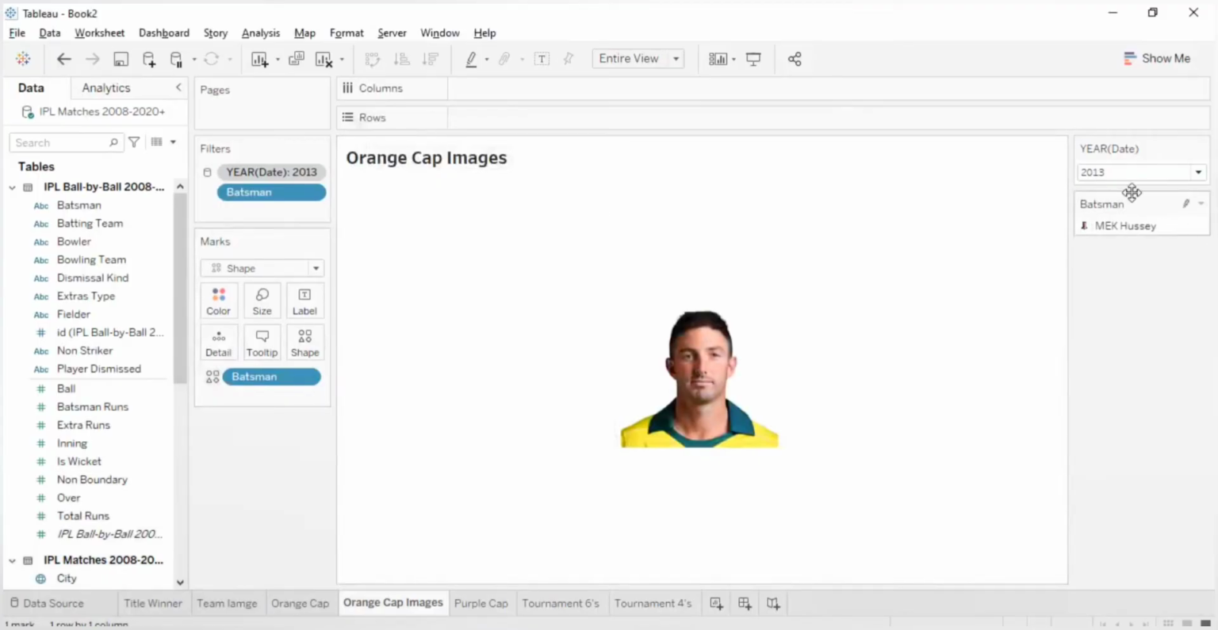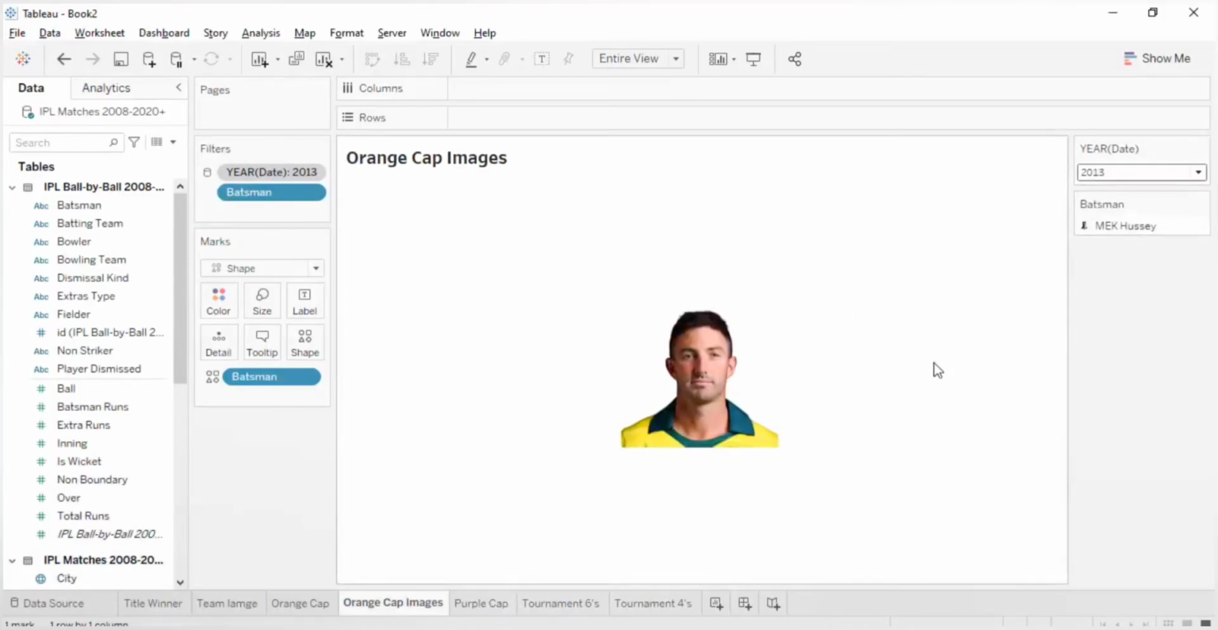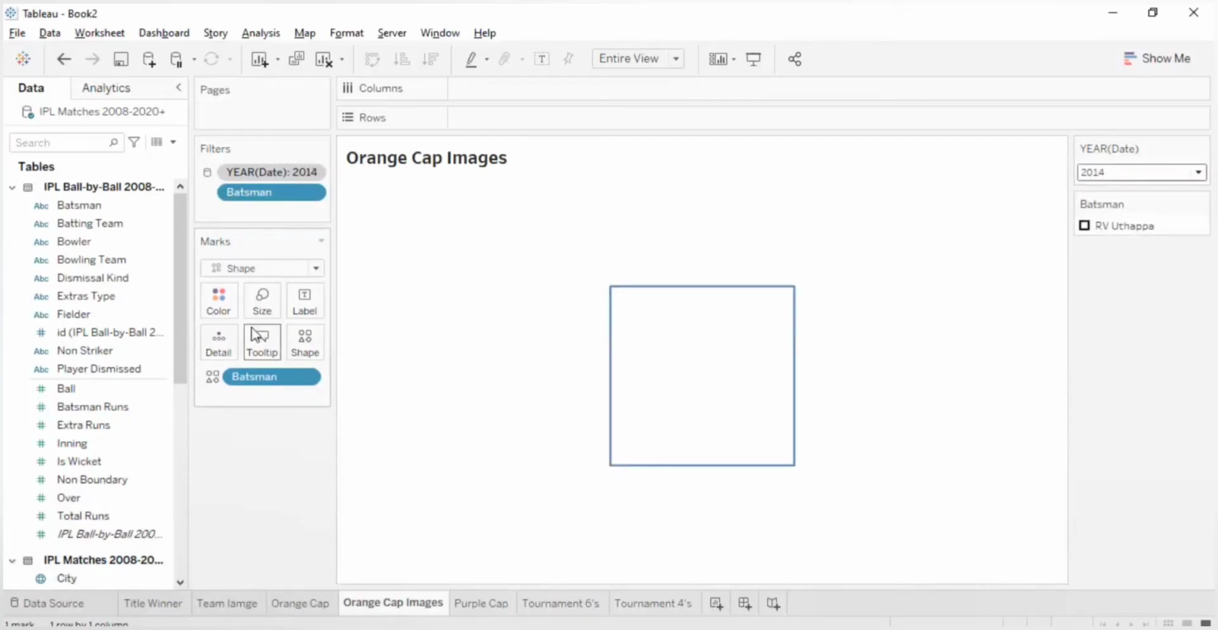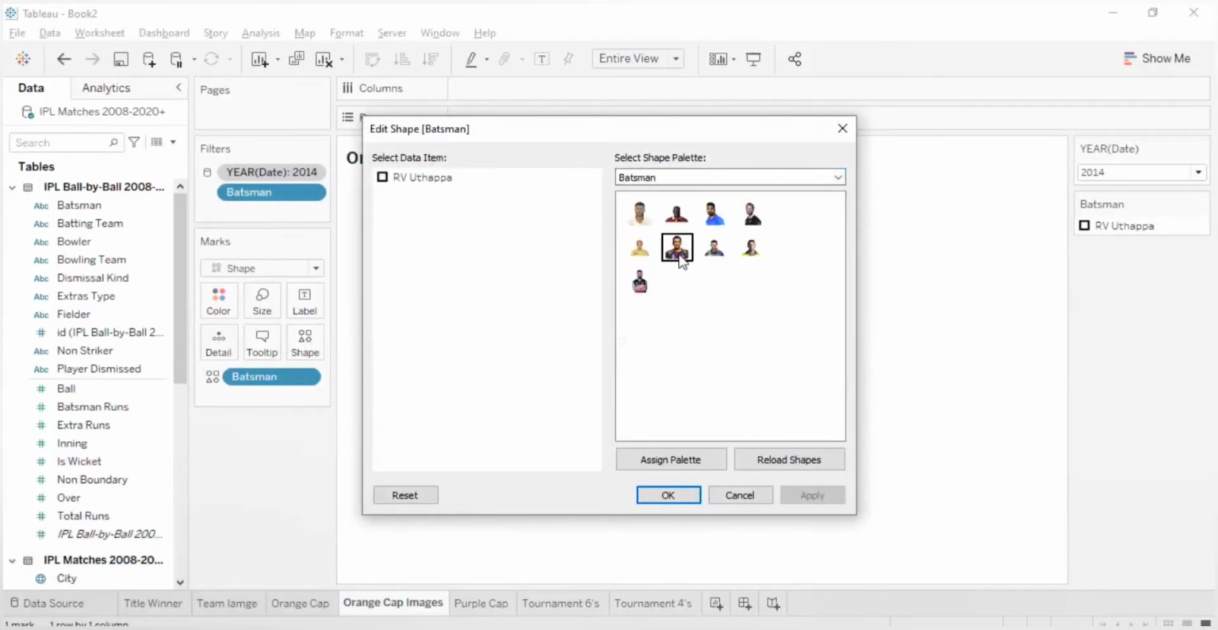Okay, so the Mike Hussey, I have to add these. For now guys, I have forgotten to add the Mike Hussey image here. So for now I will be using the Sean Marsh image only, but in your case, download the Mike Hussey image and just paste it here instead of using the same image. Sorry for that. For Robin Uthappa I will go ahead and choose